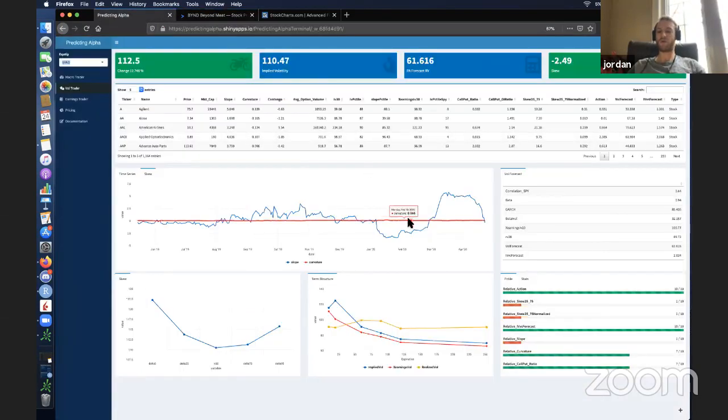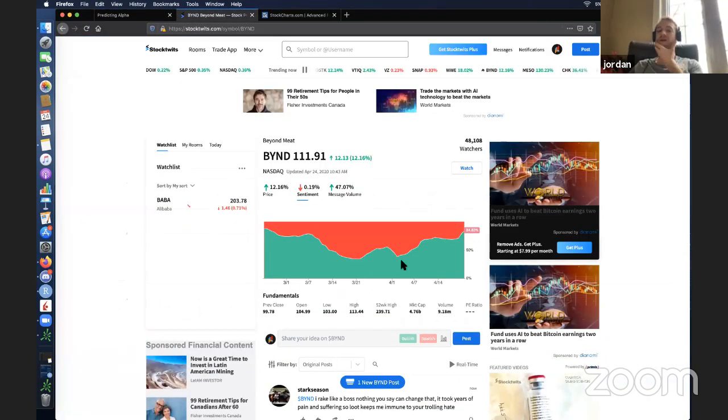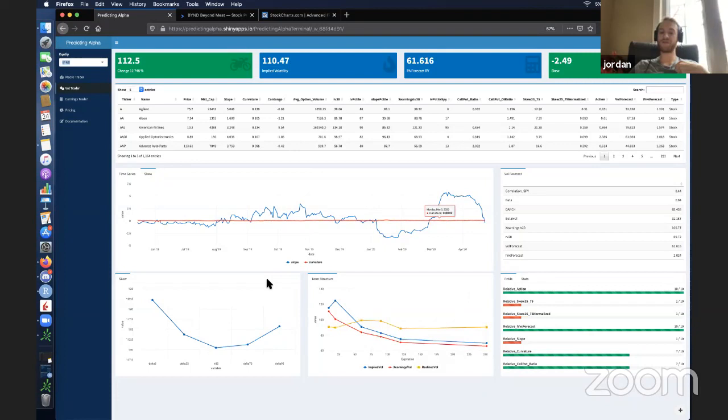But the thing is, it looks like it's the retail that's getting more and more bullish. It's what we call the dumb money that is getting more bullish, not the actually sophisticated traders. So this could be a good opportunity, but retail traders can be very irrational for a long period of time. So BYND could continue to trend up. We saw what happened to Zoom. They can really push a company if they want to. And so it's hard to be